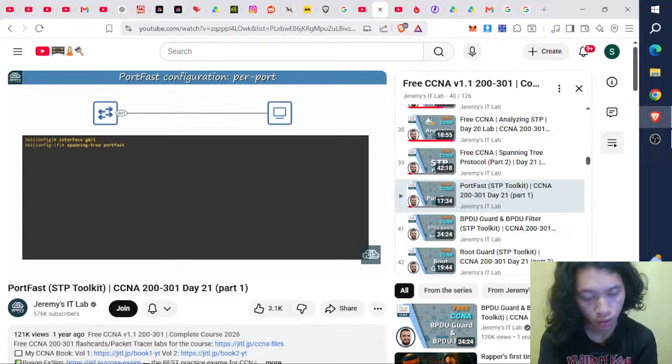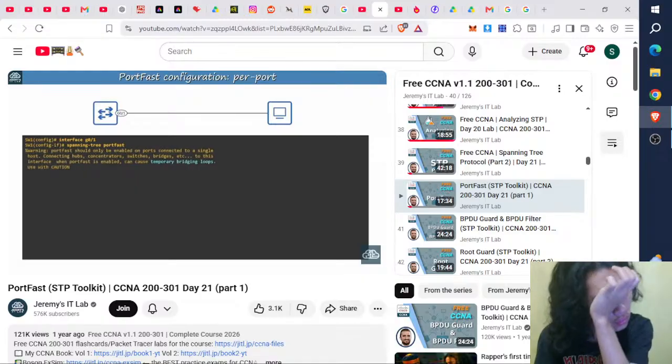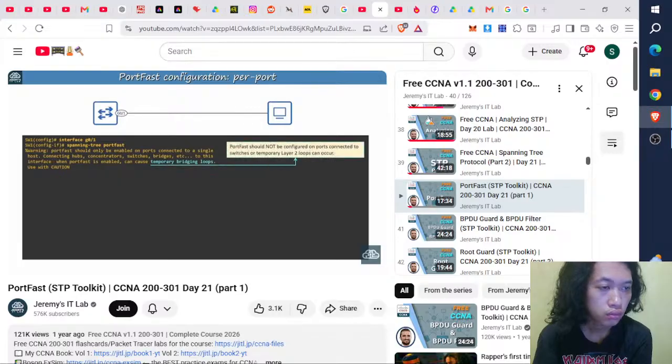I entered interface config mode for G0/1 and used spanning-tree portfast to enable port fast. When you enable port fast, you'll see this warning message. This is related to the point I just mentioned in the previous slide, so I'll read it. Port fast should only be enabled on ports connected to a single host. Connecting hubs, concentrators, switches, bridges, etc. to this interface when port fast is enabled can cause temporary bridging loops. Use with caution. Basically, this means that port fast should not be configured on ports connected to switches, or temporary